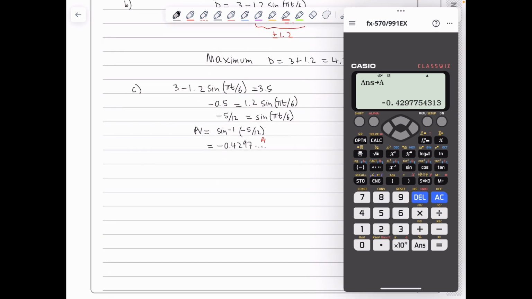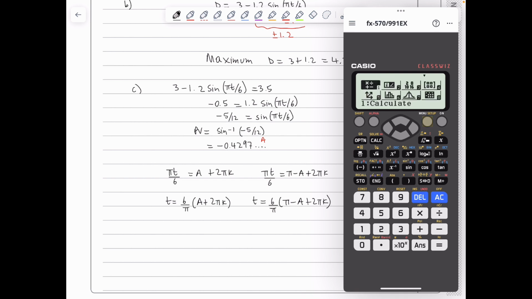So we've got pi t over 6 being equal to the PV plus 2 pi k, or pi t over 6 being equal to pi minus the PV plus 2 pi k, which leads to t is 6 over pi times a plus 2 pi k, or t is equal to 6 over pi times pi minus a plus 2 pi k. Now that I have stored the principal value on the a key, I can use my calculator to